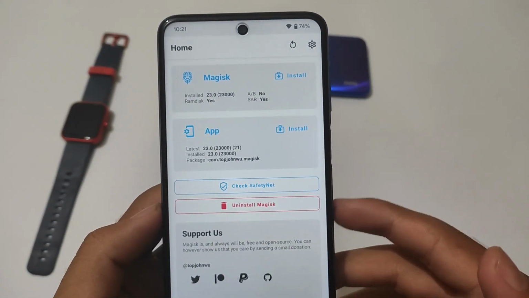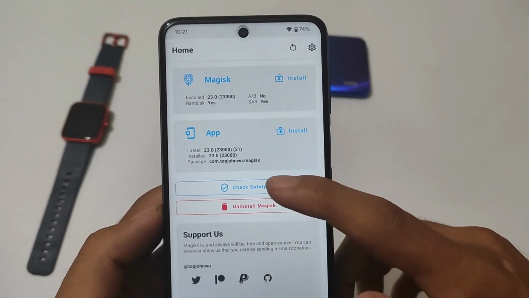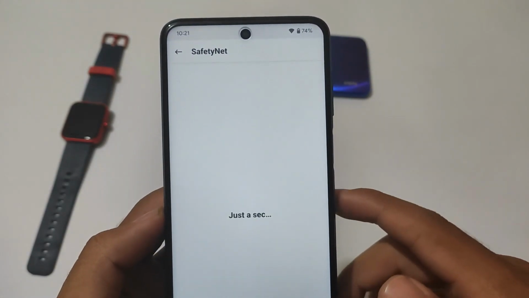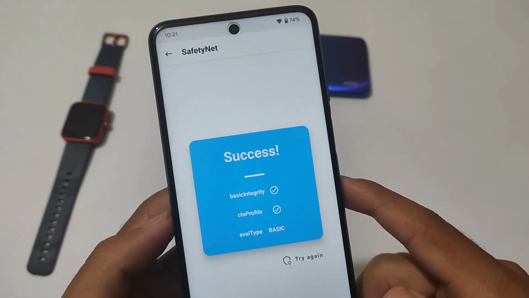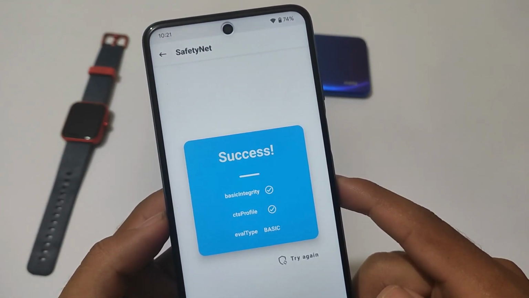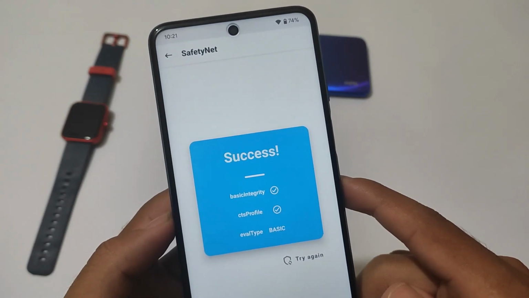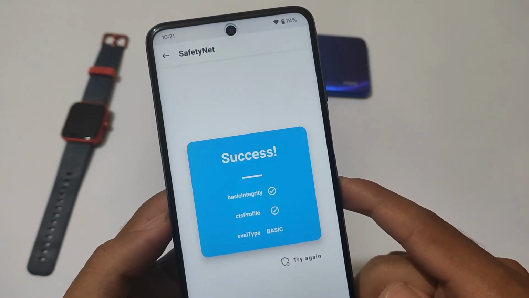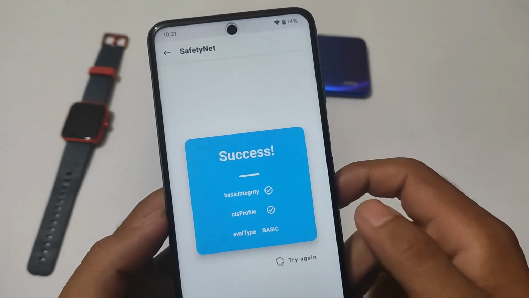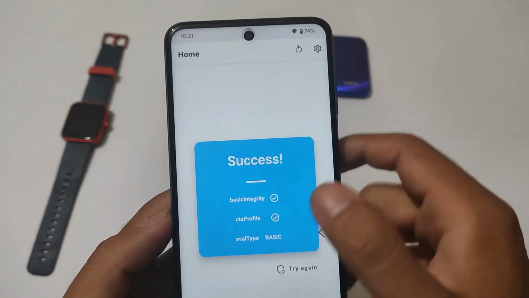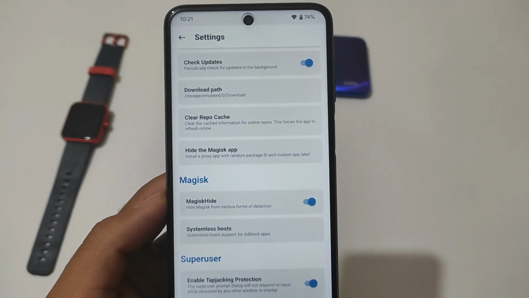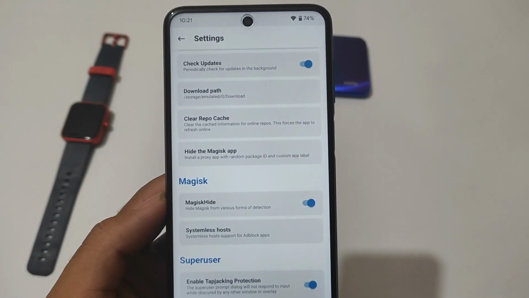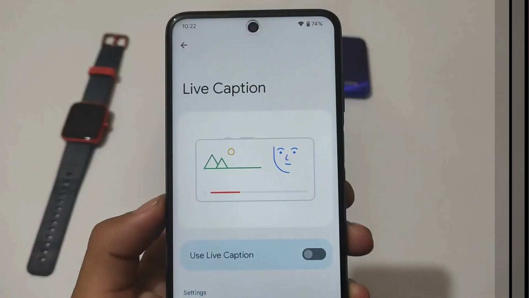Also, safety status matters a lot in any custom ROM, and as for this one, you can see the safety status does not have any kind of issues. You can check it out. If you install this, SafetyNet does not have any kind of issues. Of course, you need to hide Magisk from settings if you don't want to root your device; the SafetyNet status should also pass without root. But if you have rooted your device with the latest version of Magisk, you simply need to move on to the Magisk settings and click on hide Magisk, and you are good to go. The Magisk SafetyNet status will pass, and you will be able to use banking apps on your device. I don't think you'll face any kind of issues.